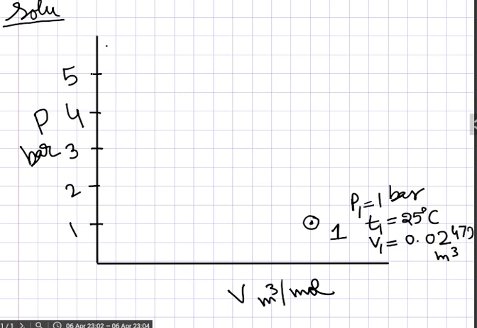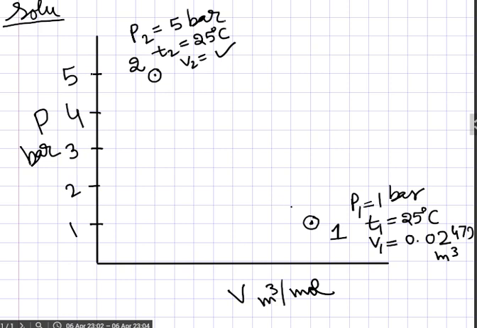and after that the second state is here, and again I am showing you all the 3 properties. These 3 properties are important to define the state of a gas. T2 and V2 is, you can see, whatever the volume is there. Now you have to compress the gas from 1 to 2, from this point to this point.